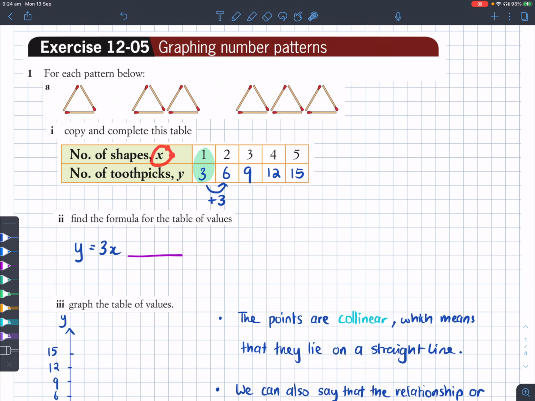So when X is 1, Y is 3. We're just going to test if it works or not. So that means that if I do 3 times X, which is 1, plus or minus some value, that should equal the number 3, which is this Y value here. So 3 times 1 is already 3. What do you need to add or subtract to 3 to get another 3? Well, it's just 0. So your equation is just going to be 3x plus 0,